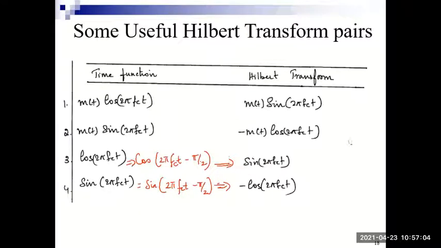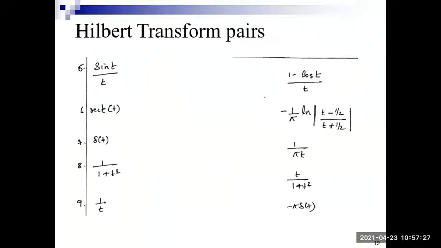Once you define for sine and cos, any other function multiplied with that, it is the same. m of t cos 2 pi fct will be m of t sin 2 pi fct. m of t sin 2 pi fct will be minus m of t cos. From sine, it will be minus cos. From cos, it will be plus sine. So you have some more functions. I want you to